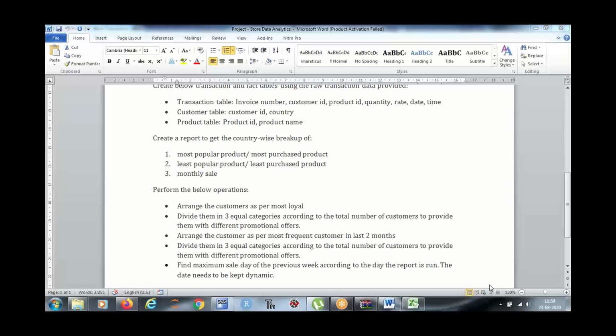Probably that might be because of internet connectivity. Can anyone try to download that file?